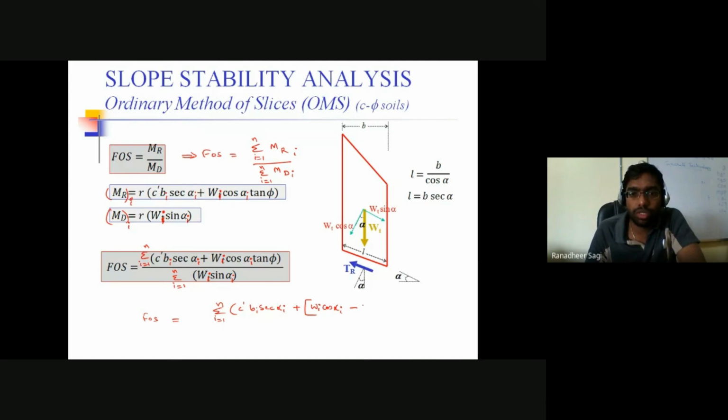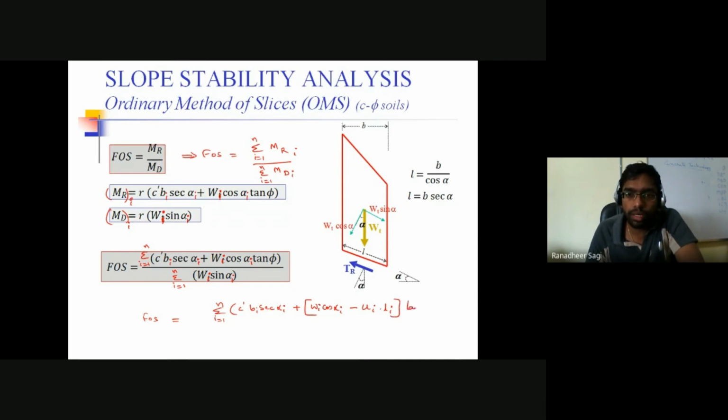That is nothing but the pore water pressure developed at the base of your ith slice times the area on which that pore water pressure was developed. That area was li into 1, so I can simply write it as li. So this is your normal force minus the force due to your pore water pressure